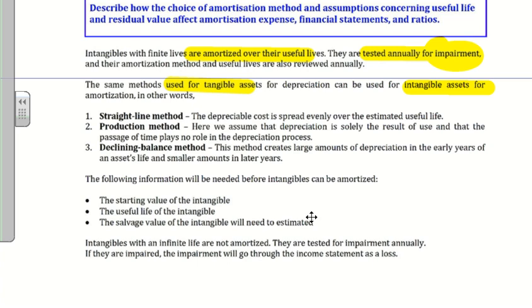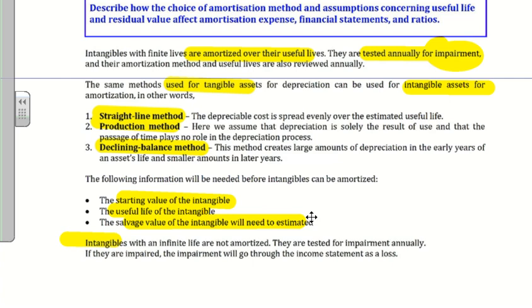Okay, and just like we saw for tangible assets, the different methods, straight line, production and declining, as well as double declining methods, we can use those also for intangible assets. But before I can start to amortize an intangible asset, I need the starting value of the intangible, how long I believe its useful life will be, and again, is there any kind of residual or salvage value? If I ask how long the useful life of this particular intangible, this intellectual property, or any other things like goodwill, is, and the answer that I get back